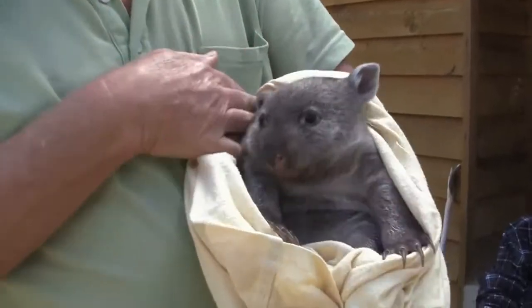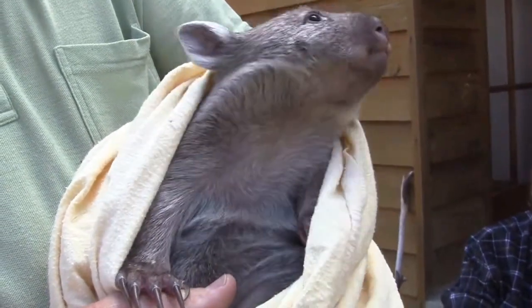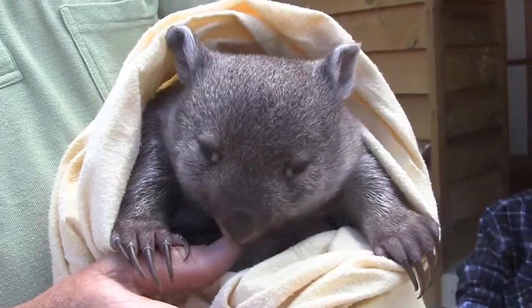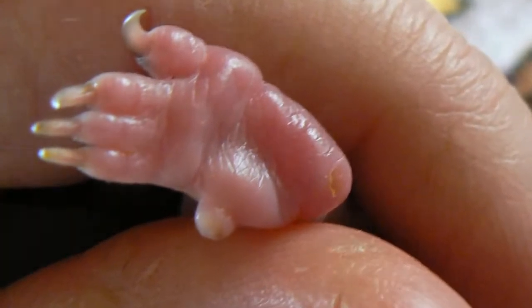Yeah, Tunner was found in Mum's pouch after Mum was roadkill. A person had the sense to stop and have a look and see whether there was a young in the pouch. He was 100 grams when we got him. So from 100 grams, which was like a big pink marshmallow that could sit in my hand,